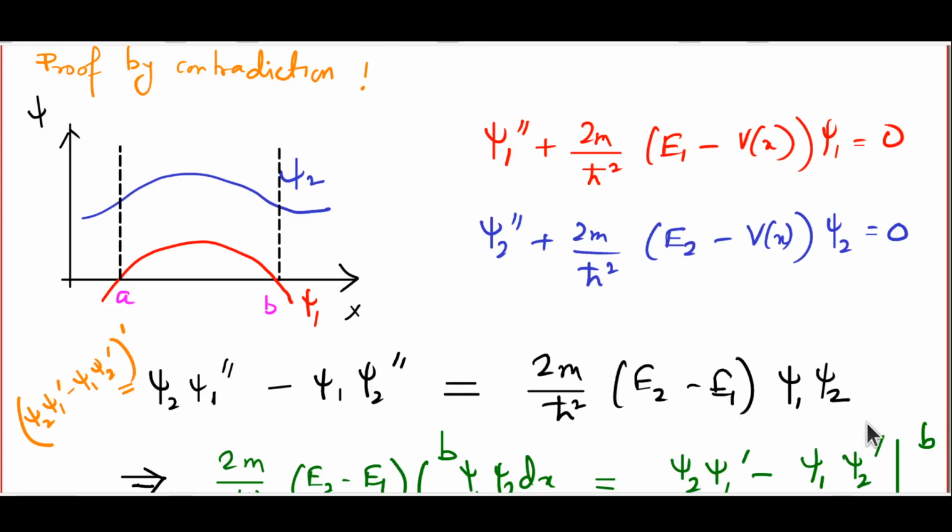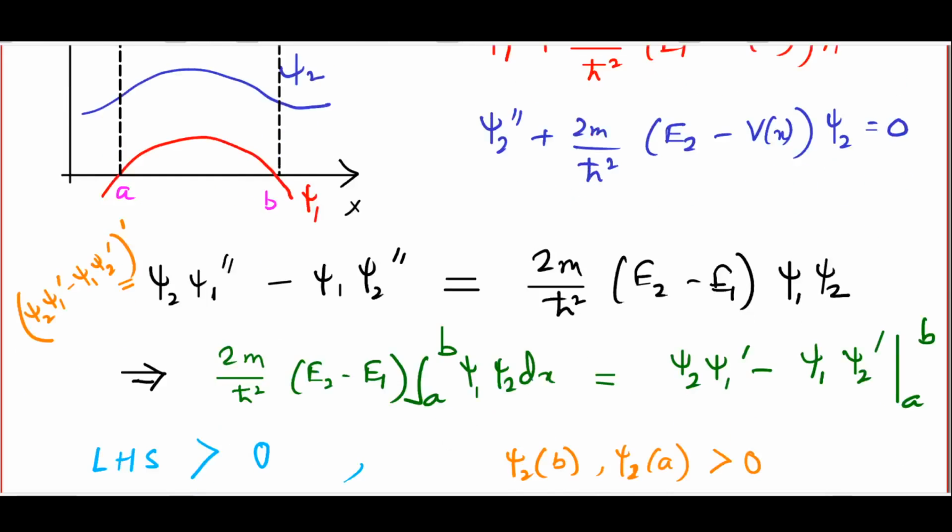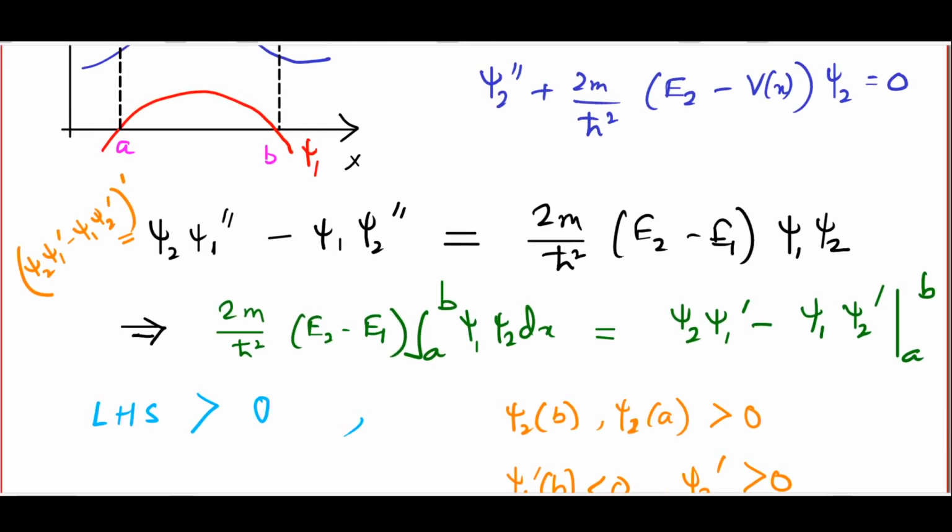If we integrate the left hand side with respect to x, what you are going to get is simply the integral of psi1 psi2 dx from A to B times this factor, twice m by h cross square, E2 minus E1. On the right hand side, you are simply going to get psi2 psi1 prime minus psi1 psi2 prime evaluated at B minus the same quantity evaluated at A. Now,